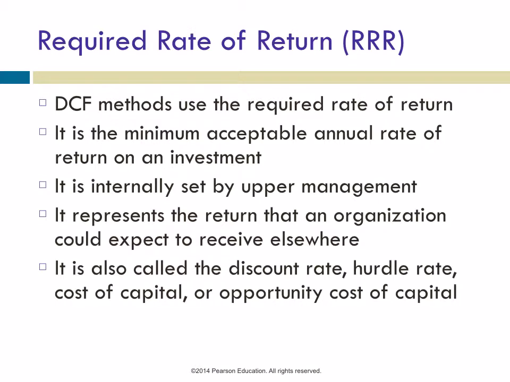So the required rate of return is used in discounting cash flows, and this is basically the opportunity cost of investing in certain capital decisions, because these are known alternatives, like, hey, I know I can go invest in treasury bonds and get a certain rate of return, so if I'm going to invest in something else, it needs to be at least this certain amount that I know I can get from this sure investment. And it's usually something more concrete, like a treasury bond, not necessarily always that, because that is a very low return,